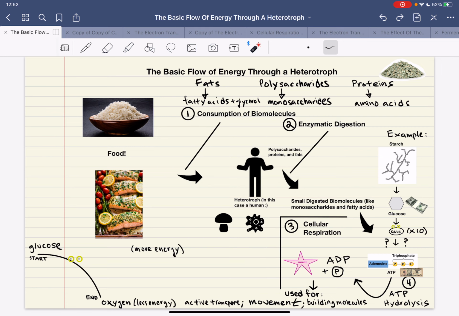We want to slowly release the energy of our glucose so we can store it in these nice little molecules of ATP. We don't want to explode our glucose. So like we said, those electrons don't go directly to oxygen. There's a few steps along the way. So far, we've only seen them take one step, from glucose to